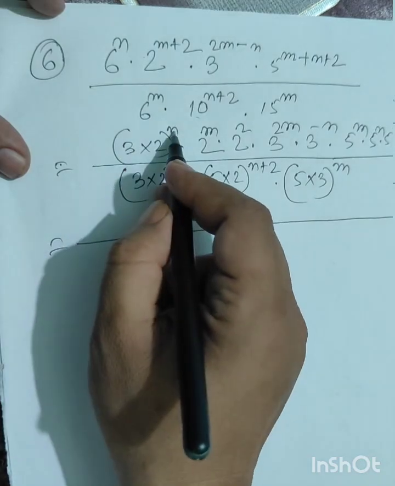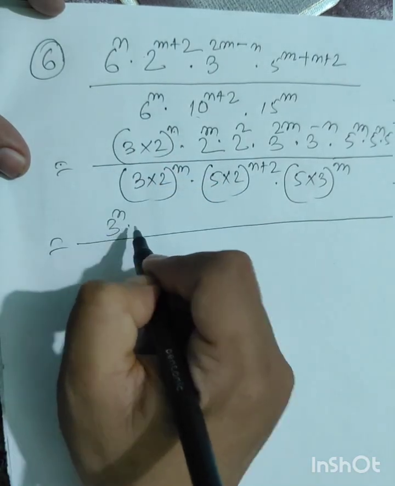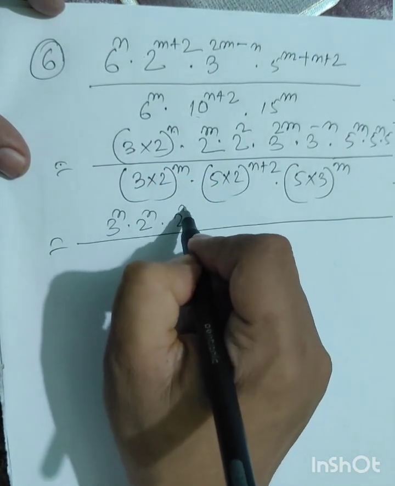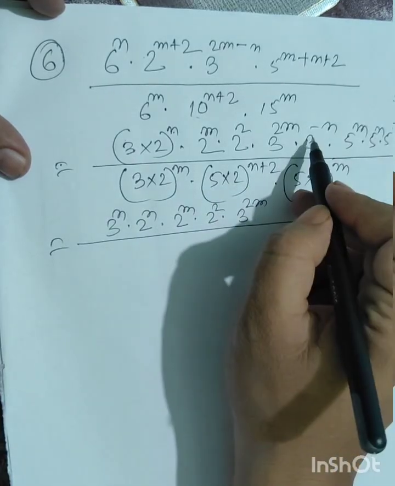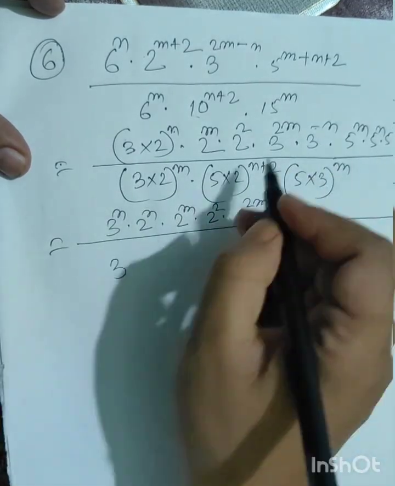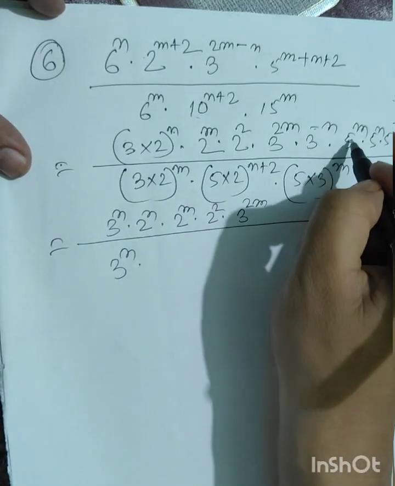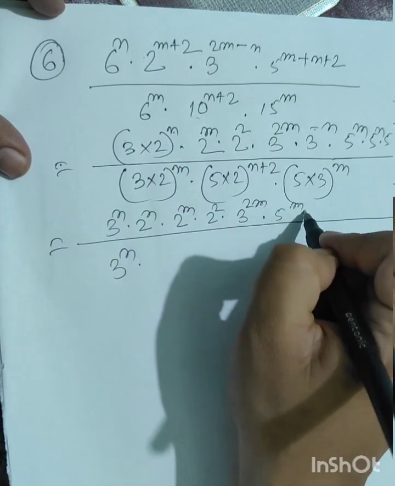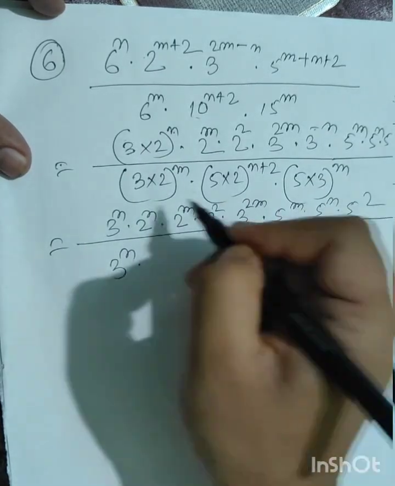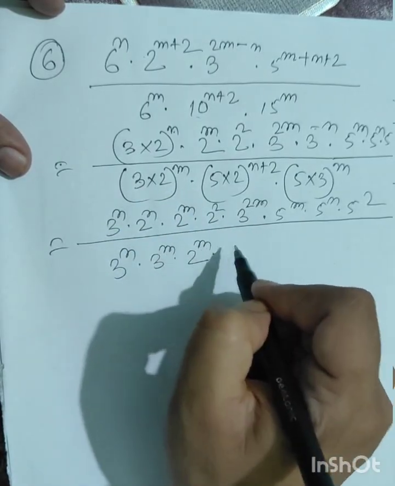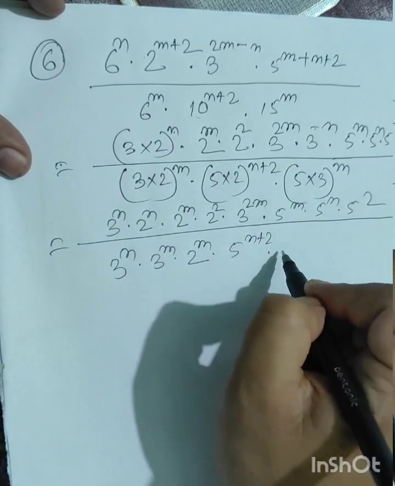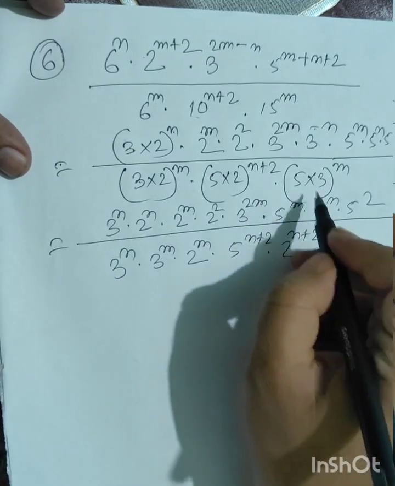এতিয়া কি কৰিম এই n টো 3 ৰ ওপৰত আছে অৰ্থাৎ 3 to the power m, 2 to the power n, 2 to the power m, 2 square, 3 to the power 2m আৰু এই 3 to the power minus n টো আমি তলত আনিলে 3 to the power n হ'ব, 5 to the power m, 5 to the power n আৰু 5 square. ইয়াক আমি ভাঙিম 3 to the power m into 2 to the power m, 5 to the power n plus 2 আৰু 2 to the power n plus 2 ইয়াক আমি